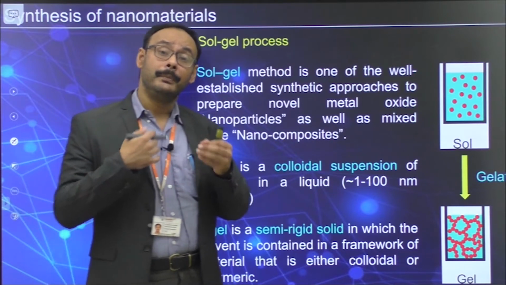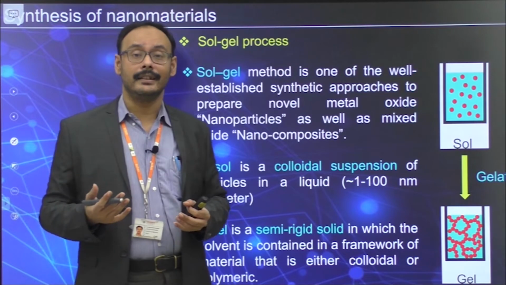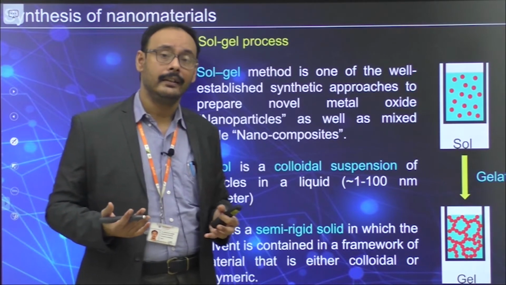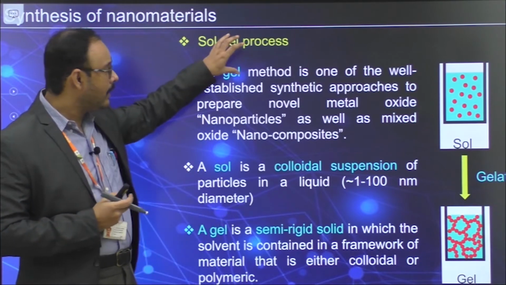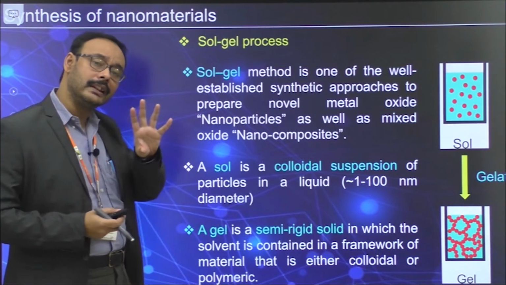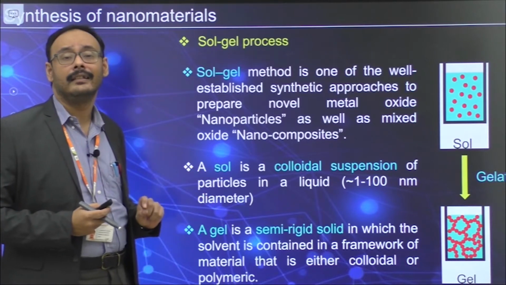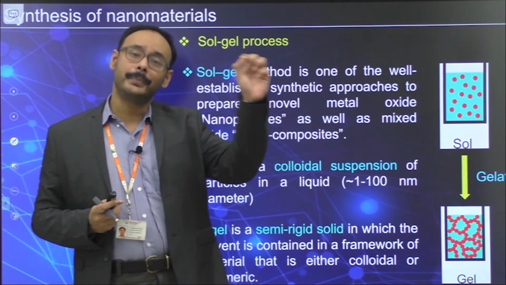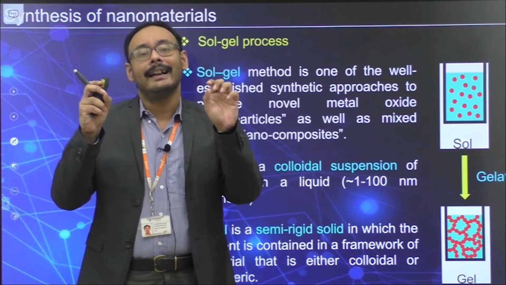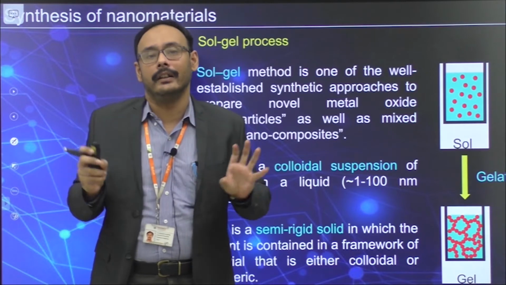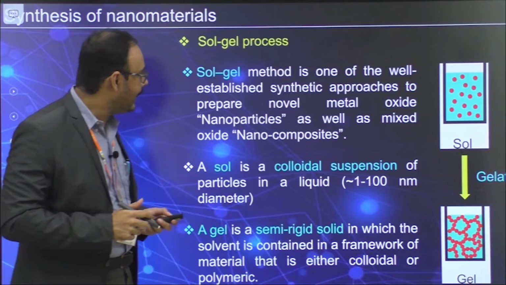This is a really important topic, because depending on your reaction conditions, the structure changes, and depending on the purification procedure, you will end up having very different materials. So as far as sol gel is concerned, we understood two things: what is sol, and what is gel. Now, from your precursor to nanomaterial, you have to incorporate these terms and understand what is going on. That's our goal, so we'll try to understand that.